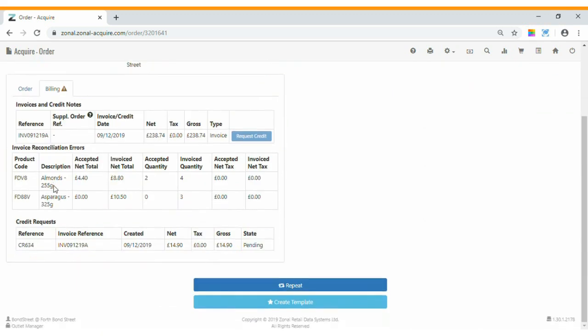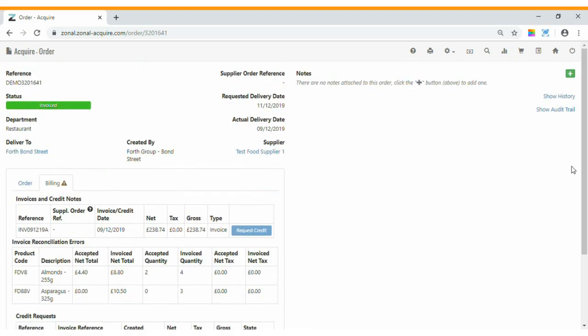And then back on the billing tab, I can now see that I have a credit request pending, and that will then be emailed to the supplier to notify them of a credit request waiting for them to process. So if I log out